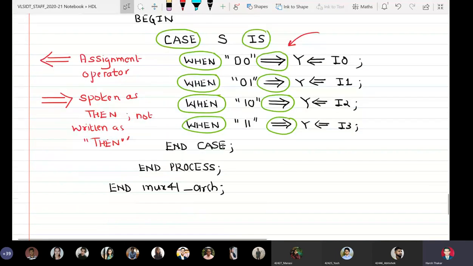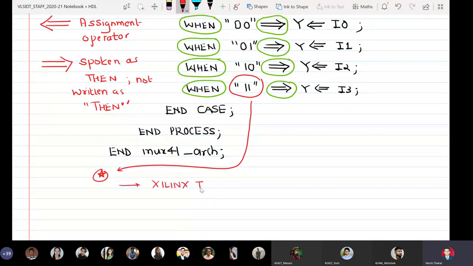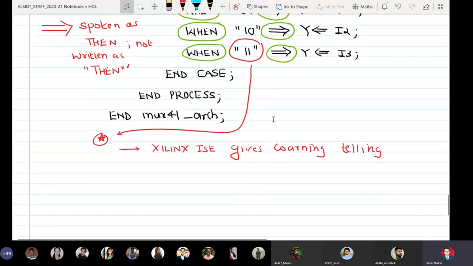So when I type this particular program in Xilinx ISE, it is going to give me a warning telling one or more cases is missing. Okay.